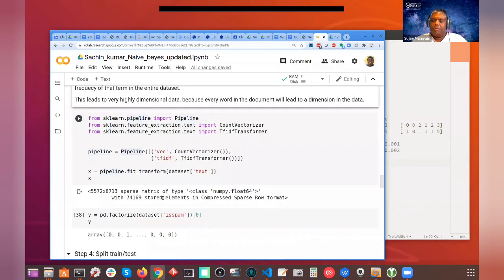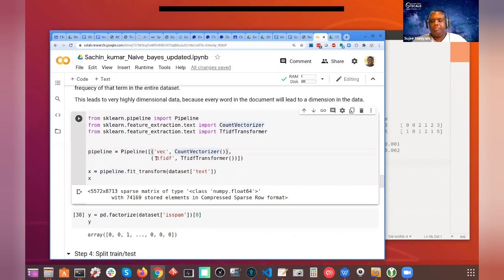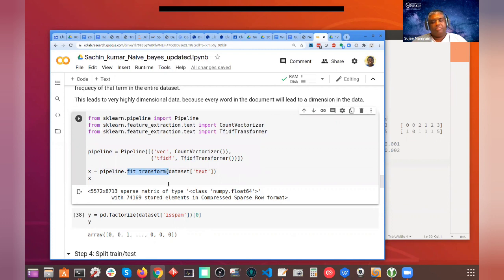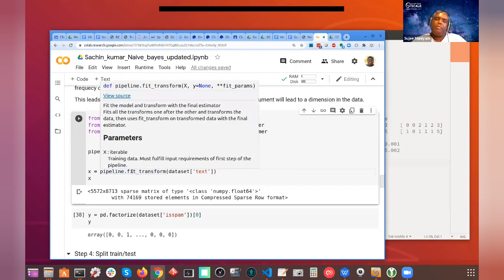So what's my pipeline? I'm doing something very simple. I'm first vectorizing, counting, and then I'm doing TF-IDF, and that's it. See the API for the pipeline: exact same API, fit and transform. Fit looks at the entire data, and then you transform the data. You might ask, if I'm simply counting words, why do I need fit?